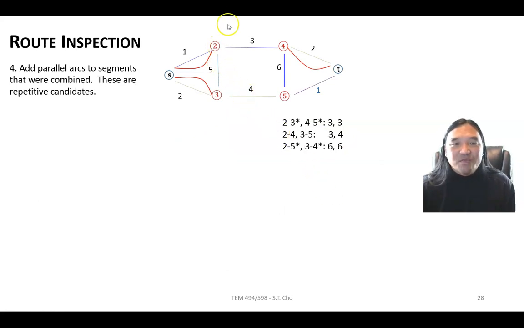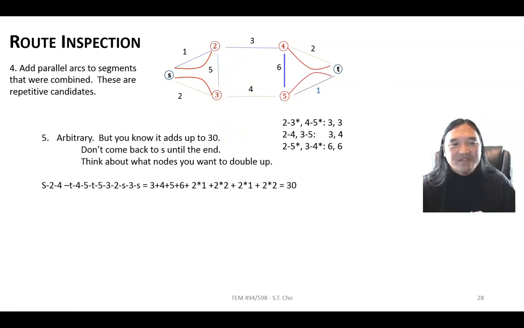Another way to do these problems is you're allowed to put in parallel loops, because maybe for these short ones, you're better off on the way back doubling up on some of them to reduce what some of these lengths are. So here's an answer. It's arbitrary, but it adds up to 30. And I do end up